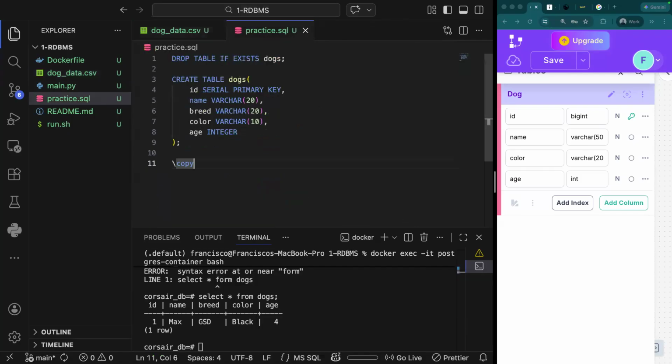All right. Well, let's go to this copy command. What this copy command is going to do is it's going to copy into dogs ID, name, breed, color, and age. I'm going to copy from, and I need to specify from where it is that I'm going to copy. Within this location, dog data.csv